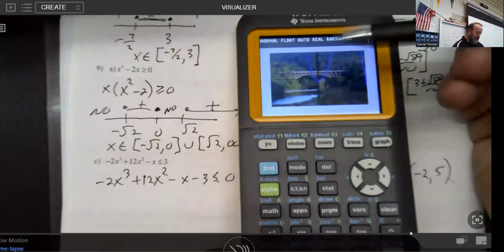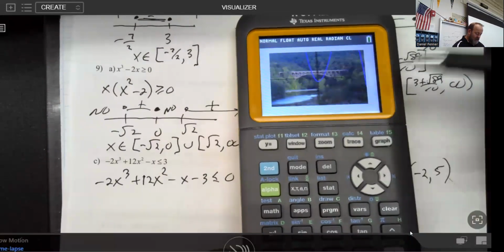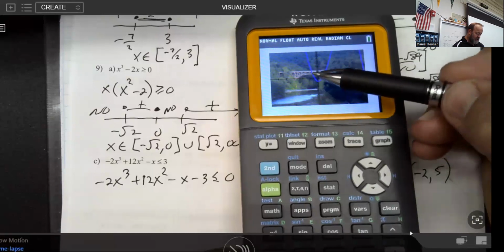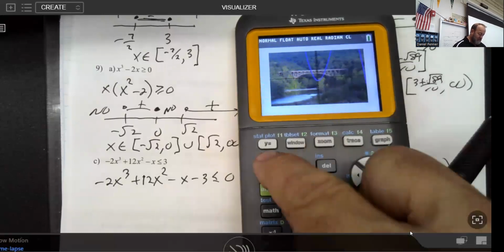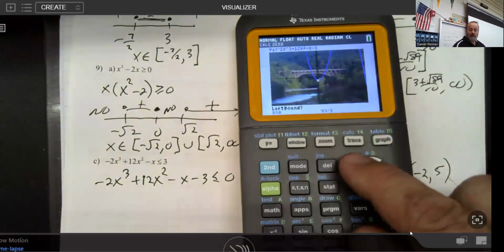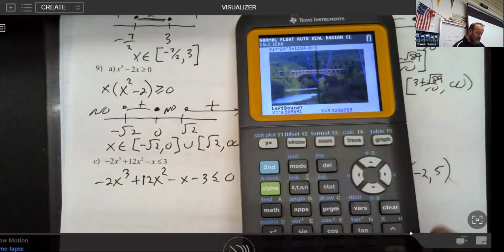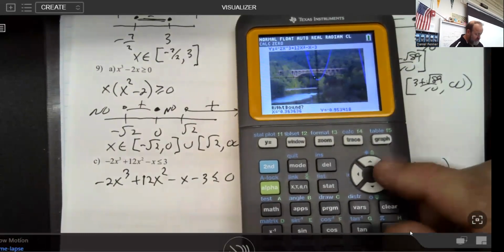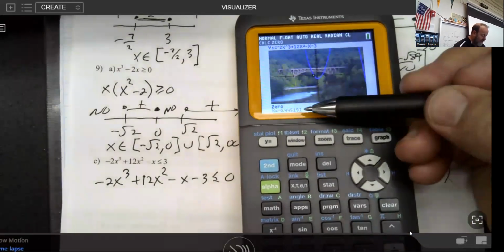But it's underneath the axis in this region right here, and then over here. So what I want to do is find these values where it crosses from above the x-axis to below the x-axis, which is there. So I'm going to calculate the zeros. Really sorry that this thing has that weird stuff on it. So I'm going to go to the left of the root and hit enter. I'm going to go to the right of the root and hit enter twice. So at 0.445,